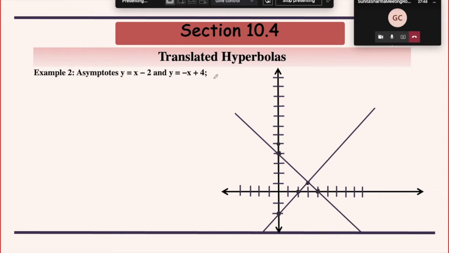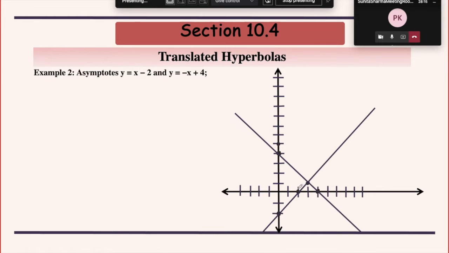Yes, ma'am. I think that it can open both ways. Only asymptotes are mentioned. Ma'am, it can open both ways, like it can be horizontal or vertical. Okay, that is fine, but how will you find which way? That point HK, how will you find? The center, how will you find?